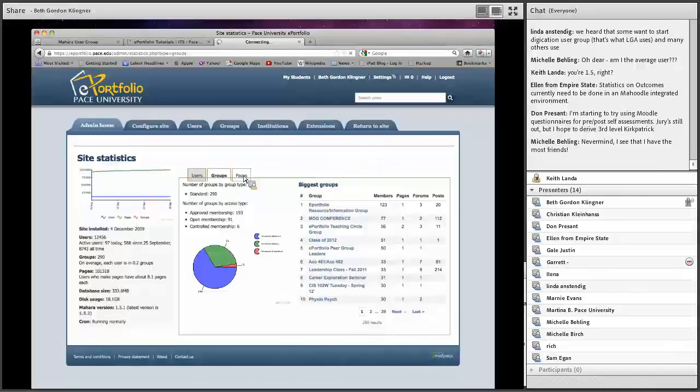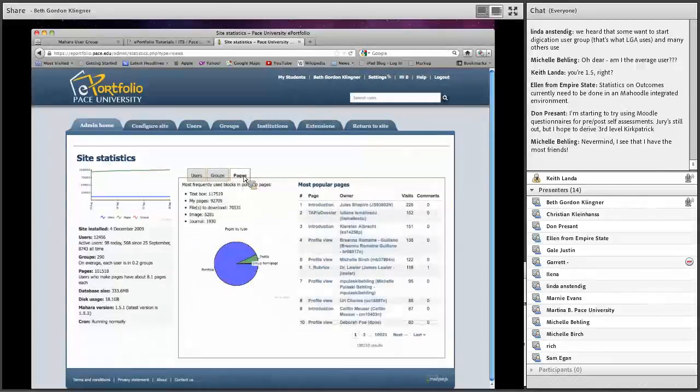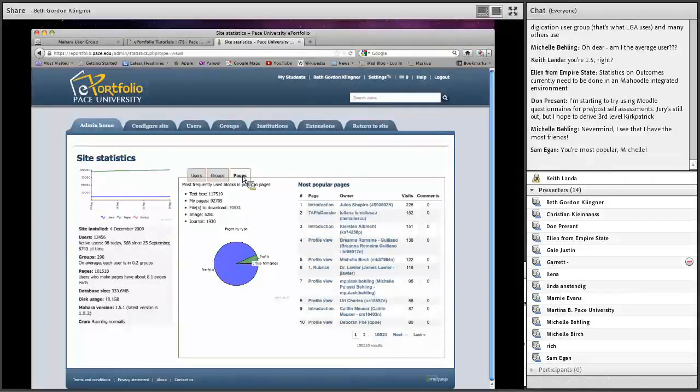Has anyone worked with this information yet at your institution, either as is or as part of a larger reporting or assessment project? I'm looking at it just right now, Beth, actually, having not really looked at it in much detail yet. Since we're hosting some portfolio projects for Empire State, we're actually seeing some interesting growth in pages and users over the last couple of months. So something we'll be taking a look at.